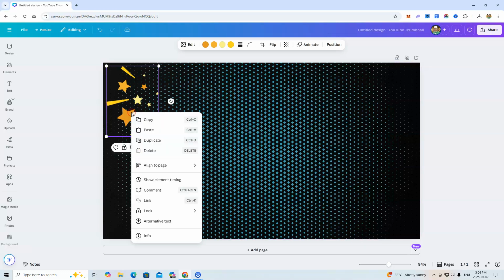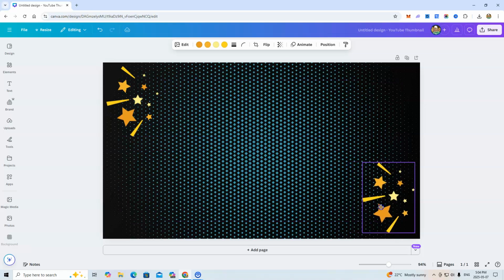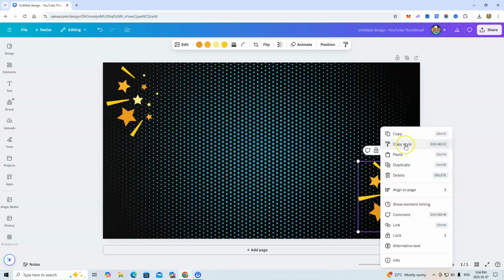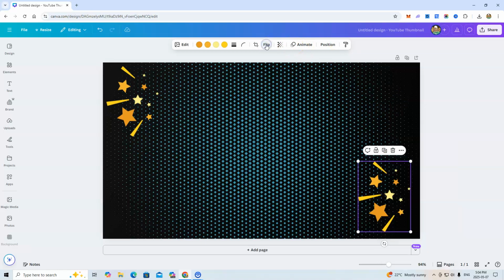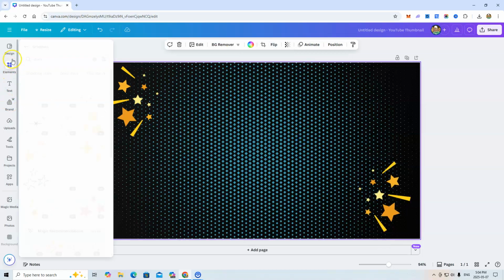You might want to duplicate it, so you could right click on it and you could go duplicate. You could drag it over here and put it in this corner, and you could flip it up here, something like that. You could find an image of somebody